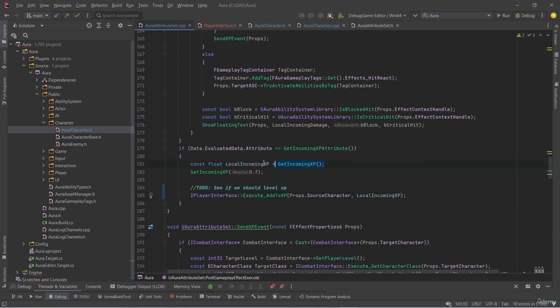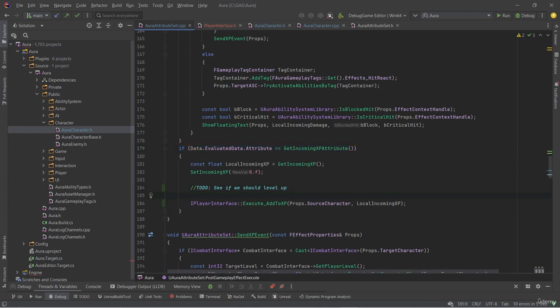So we've cached it off before we zeroed it out, and now we're going to execute this function. And we know that the source character should only be Aura, as none of our enemies are listening for events, which will result in this attribute being changed, but we can also place the if check in place just in case. We can say if